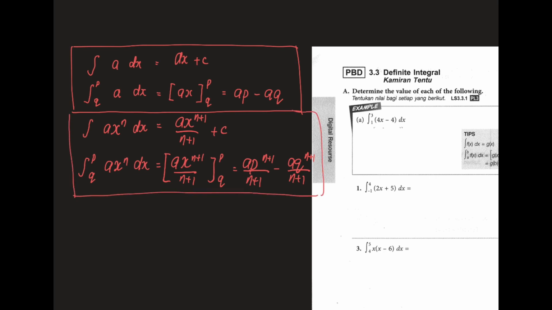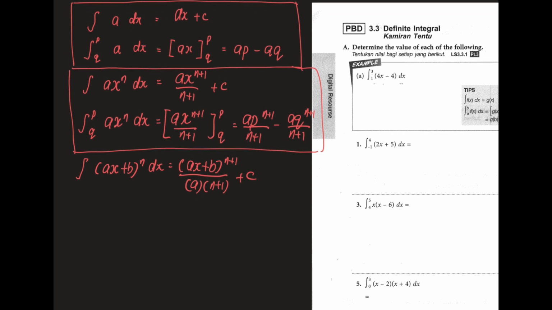Okay, now I give you one more situation. Just now the third formula that I mentioned is the integration of ax plus b to the power of n. When you integrate this, you will get ax plus b to the power of n plus 1 over a over n plus 1 plus c. So if there are no limits given, we use the formula this way with plus c at the back. Now if we have limits p and q,